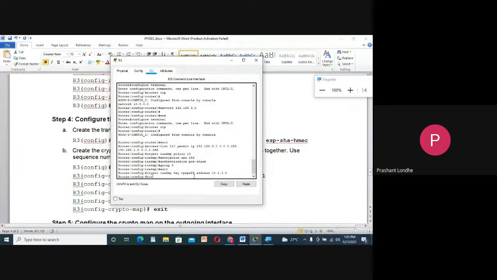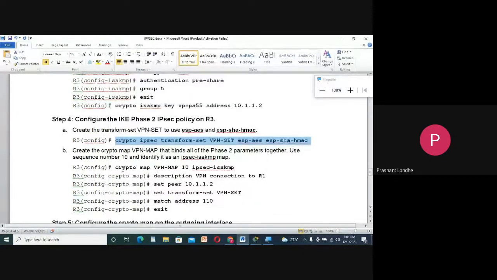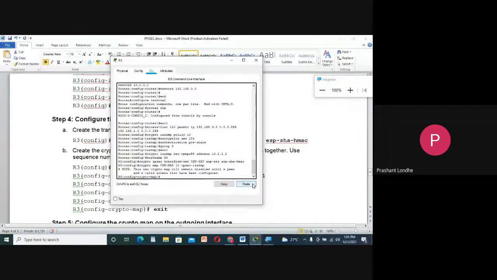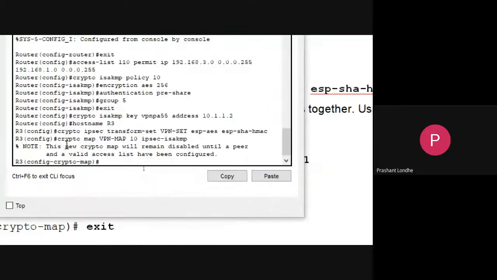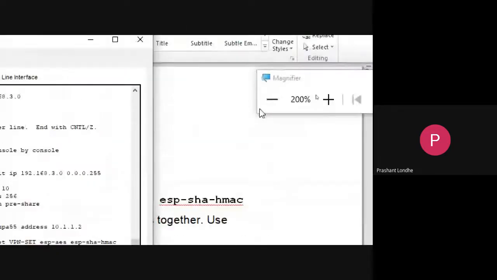Let us do the same thing for R3 also. I will type the host name R3, paste. Need to set the VPN map. Here also you will get one kind of warning. So we need to access the peer value, or the valid access list.